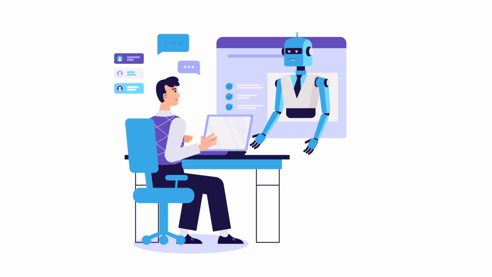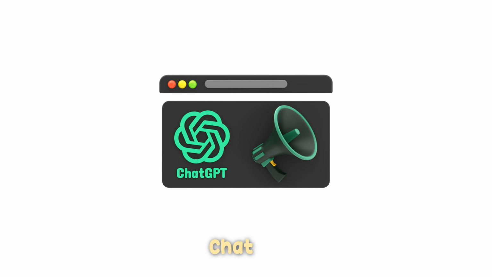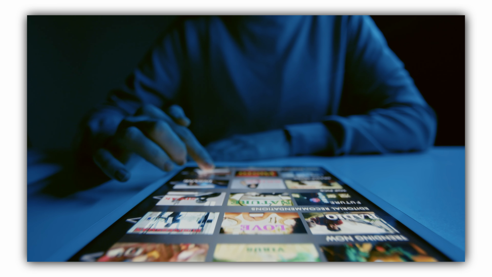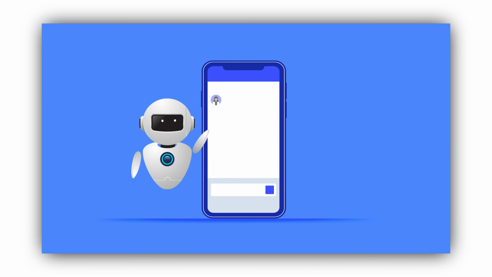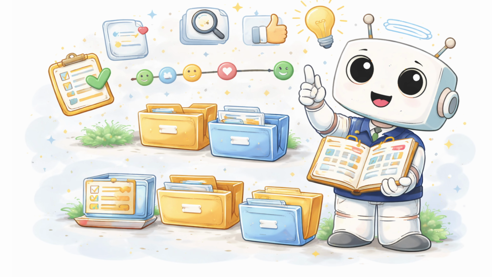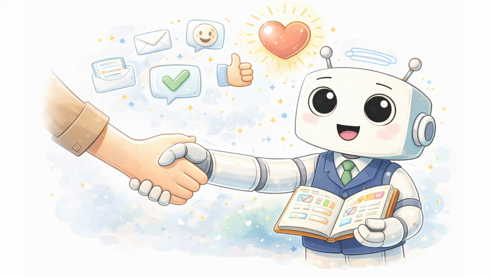You've already seen this in action too. Assistants like ChatGPT that follow your conversation flow, Netflix-style recommendations that learn what you watch, or even your phone suggesting your usual commute right before you leave. That's memory at work. Now, compared to level 1, this is a big jump. These agents still react, but now they also use history to fine-tune those reactions. They feel smoother, more relevant, more human.